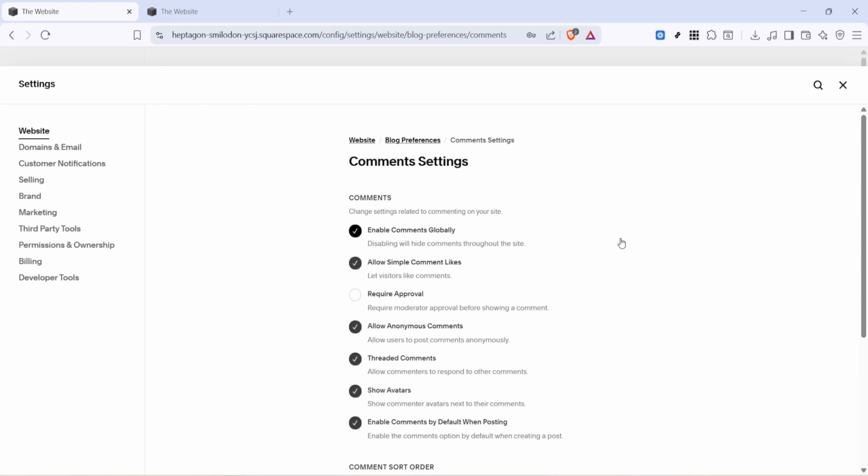And that's it. You've now enabled the comment section on your Squarespace site. After saving, it's a good idea to check one of your blog posts on the live site to confirm that the comments area appears the way you expect. If you're managing audience engagement, remember that turning on comments can help build community, gather feedback, and increase interaction with